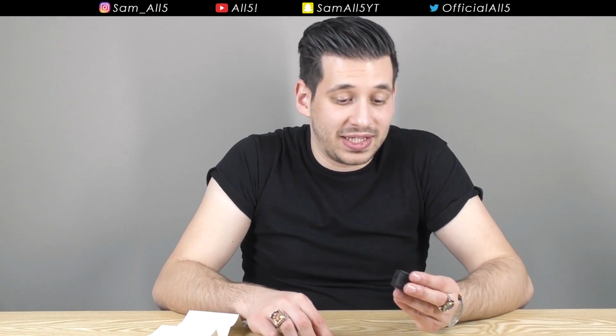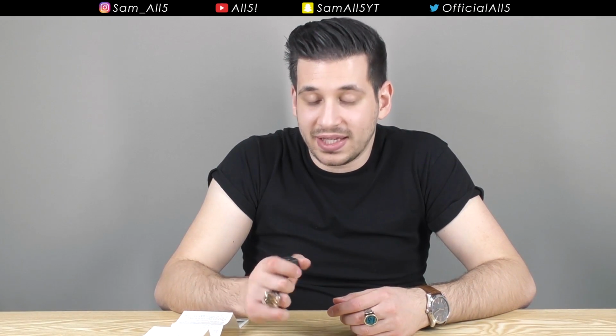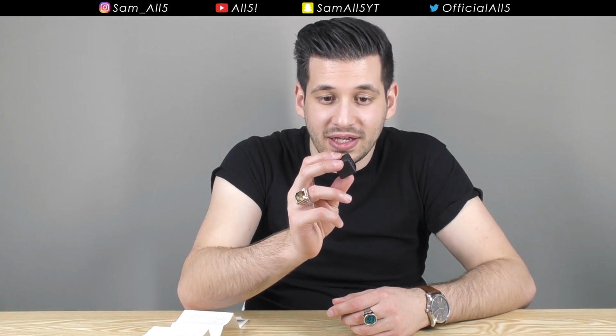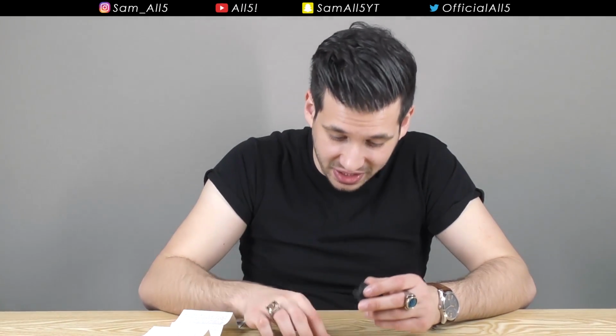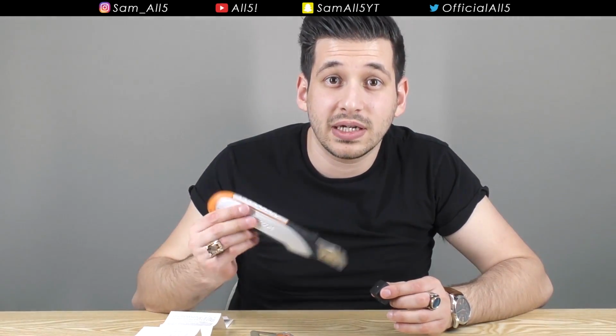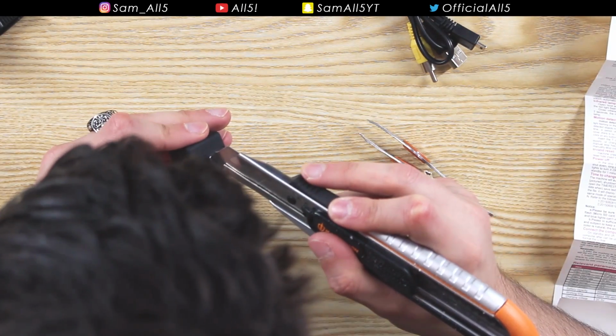I haven't even got round to testing it. I've just got round to putting the damn memory card in, and that was easy to do. That wasn't difficult. It's the worst memory card slot I've ever seen in my life. I need something really thin. Ooh, maybe a little box cutter. That's gonna...